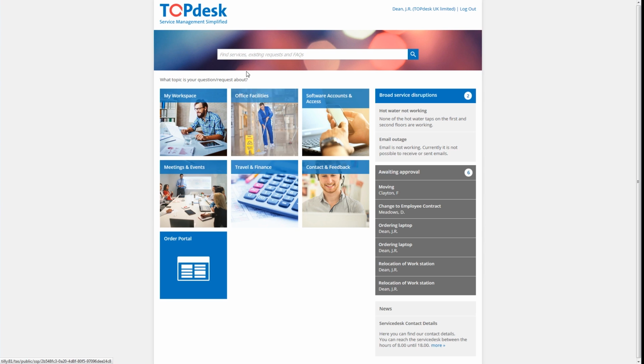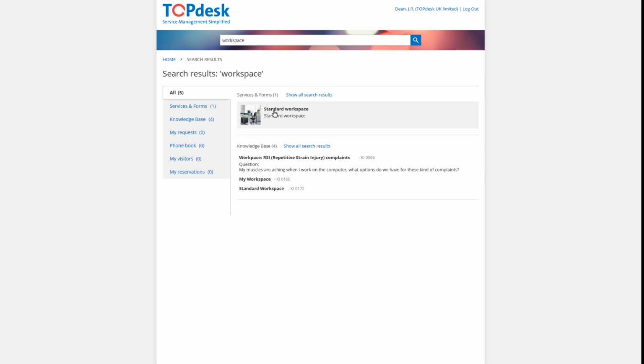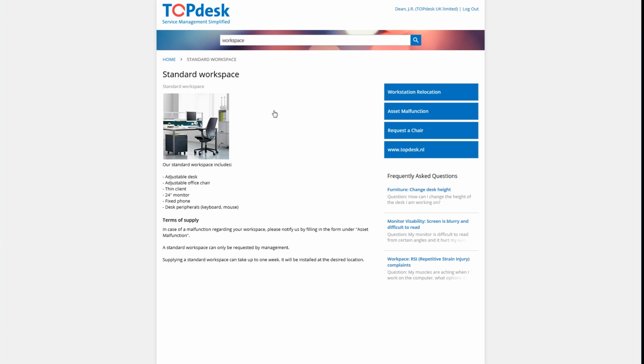Here you can see all the services that your organisation offers. Let's assume we want to request a workspace relocation. We can search for this service by typing Workspace in the search bar. The service we are looking for is called Standard Workspace. When we click the service, we see its specifications, its terms of supply, some frequently asked questions, and action buttons